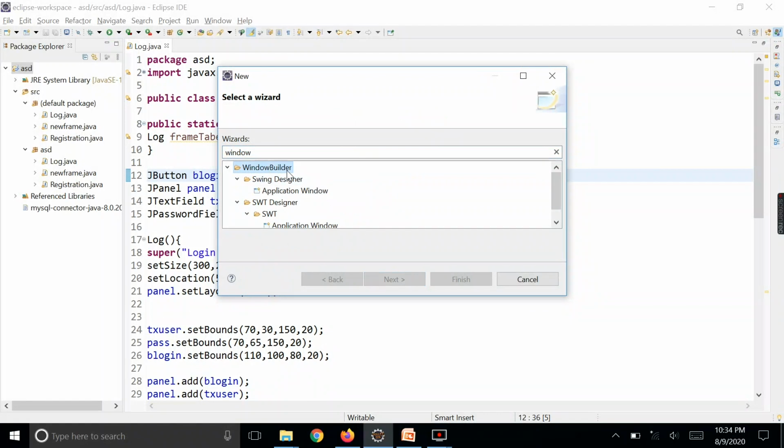So this is Windows Builder. Here we have SWT designer and Swing designer. We want Swing designer. You can take Application Window and click next and finish.